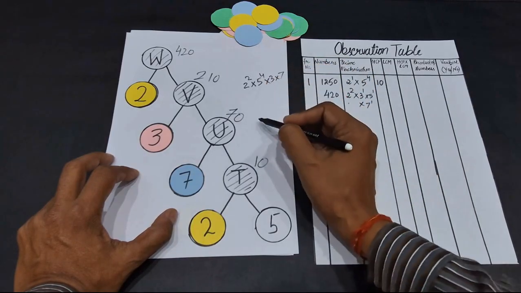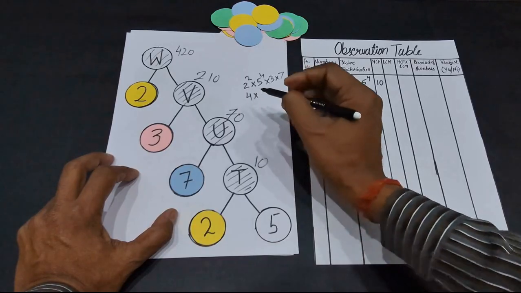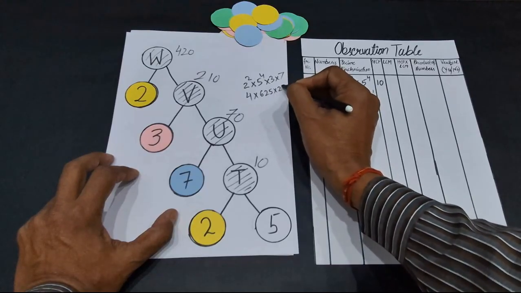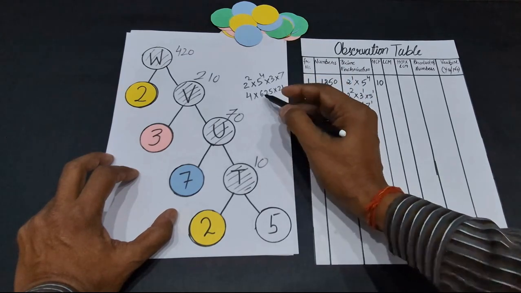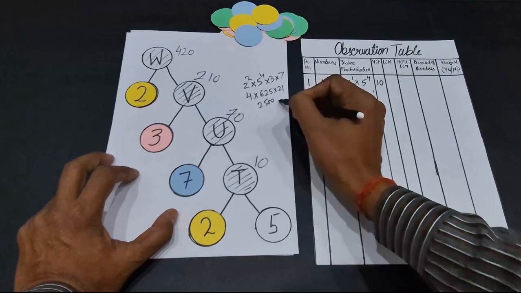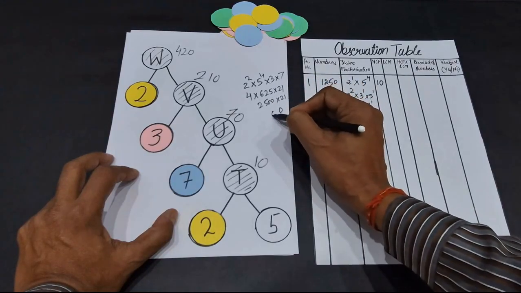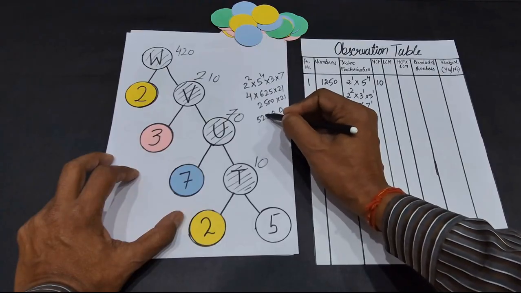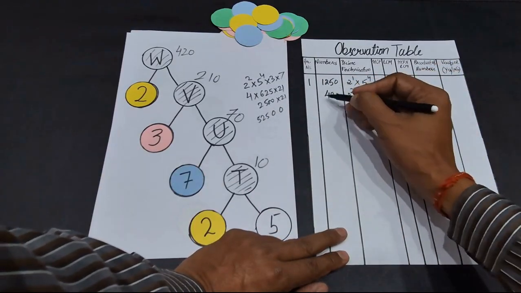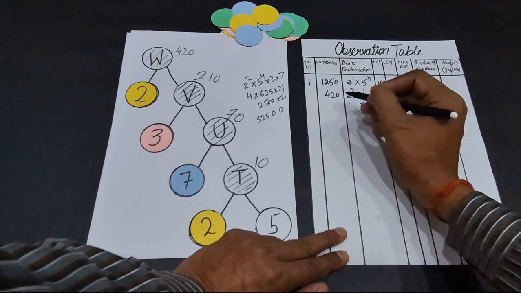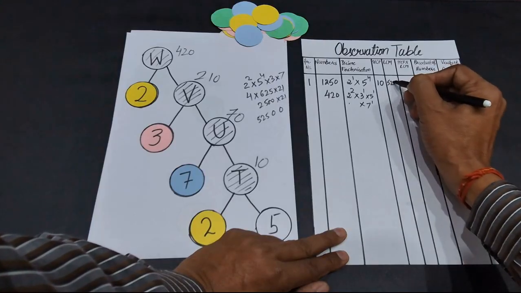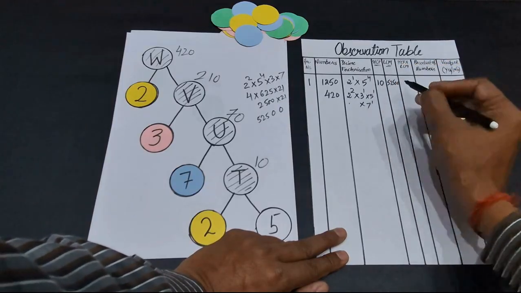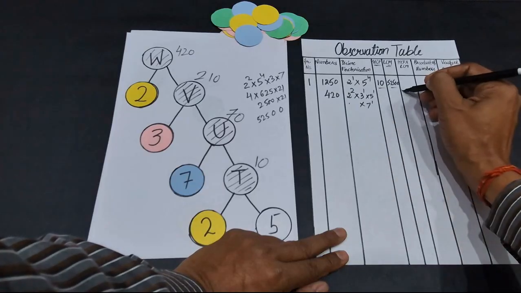So once I do the multiplication, this will be 4 times 5 raised to power 4, which is 625, times 21. This will give me 2500, so 2500 times 21, that gives me 52500. So the LCM of these two numbers, 1250 and 420, comes out to be 52500. Now when I multiply the HCF and the LCM, the product of these two numbers will be